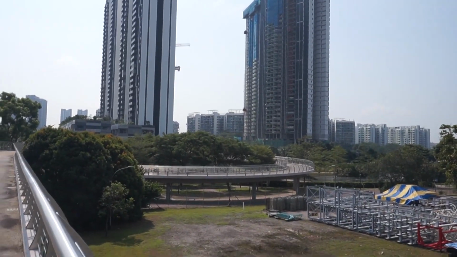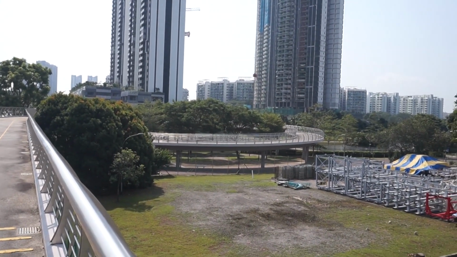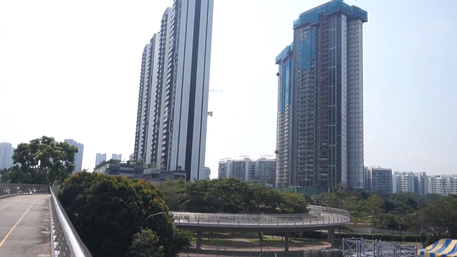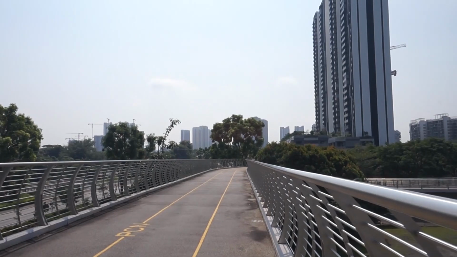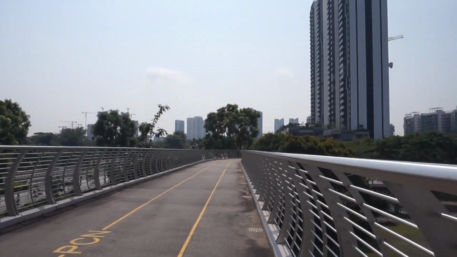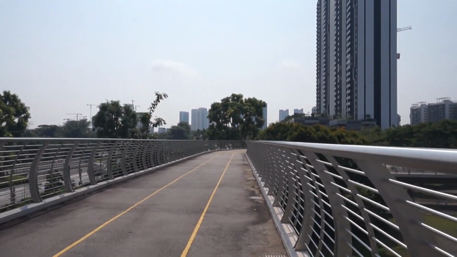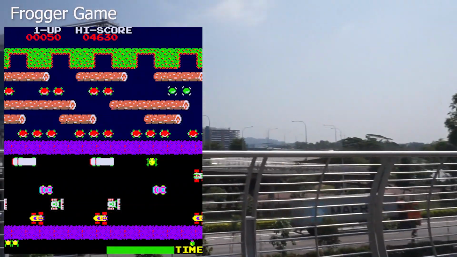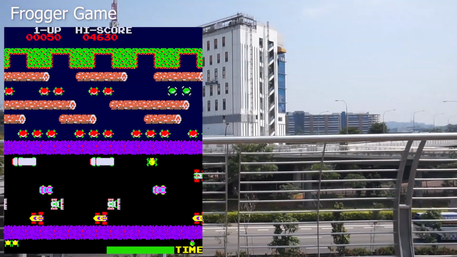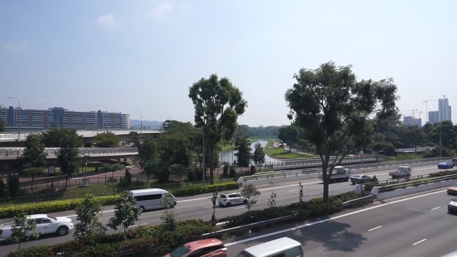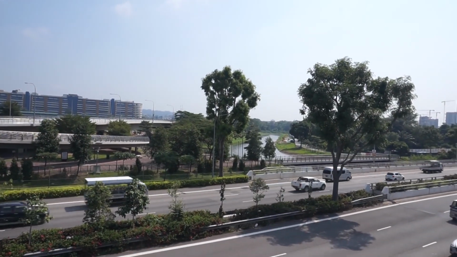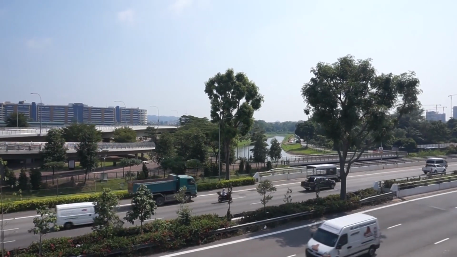and it's always very easy to cross the highway over an overhead bridge instead of trying to dodge through all the busy cars, because if you do that, you'll be a flattened frog, a frogger. Okay, because there's this old game last time called Frogger, where a frog tries to cross a busy road. So if you try to cross the road now, you'll be like a dead frog,